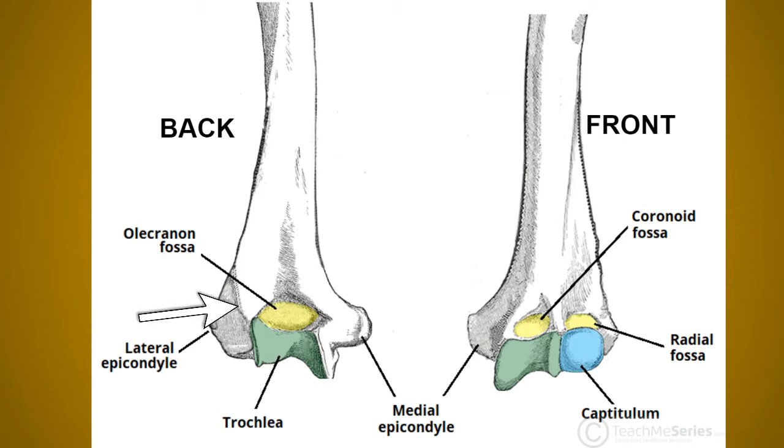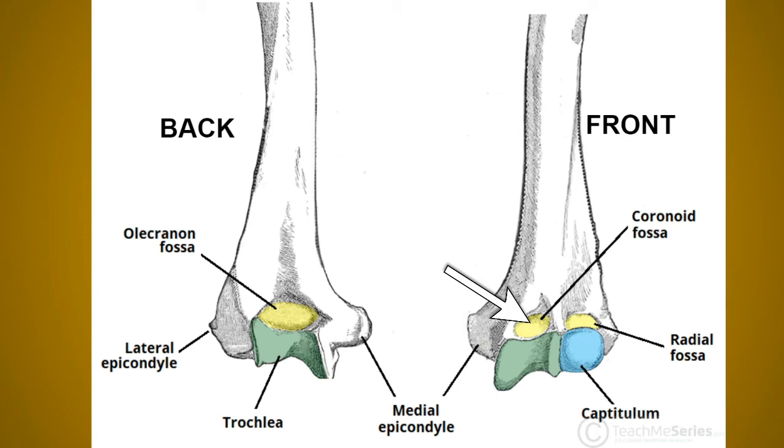Now next is the lateral supracondylar ridge. Now this particular ridge is actually a sharp lateral margin just above the lower end, and this is known as the lateral supracondylar ridge. The next is the medial supracondylar ridge. Now this medial supracondylar ridge is actually a similar ridge like that of the lateral, but present on the medial side. Simple. And next is the coronoid fossa.